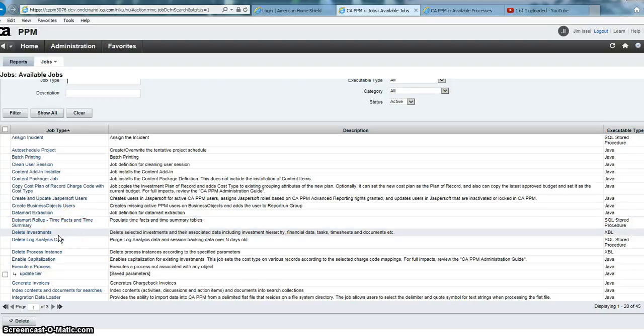Delete investments deletes any projects or ideas or applications or anything that is marked for deletion. So on the project list page, there's no delete button, but there's a mark for deletion or mark for delete. So if you mark a project or an investment object that way, this is the job that actually then gets them out of the system. So again, this should probably be run at least weekly, maybe even daily. And if in doubt, you can always run it. And as long as somebody didn't inadvertently mark something for deletion, you're not going to have any adverse effects from